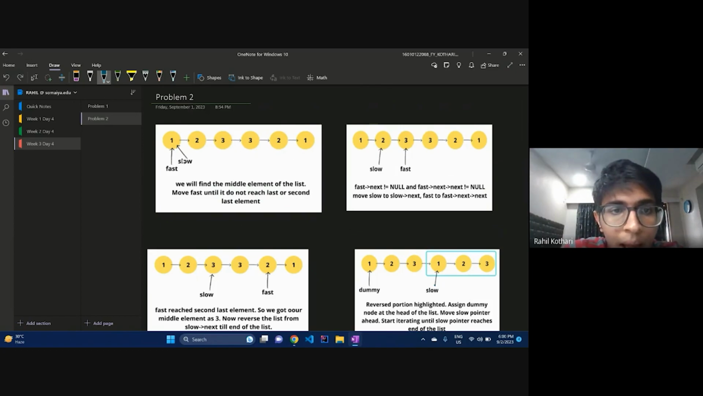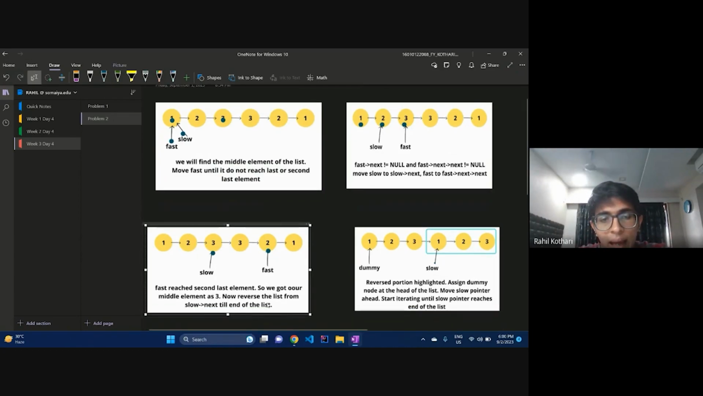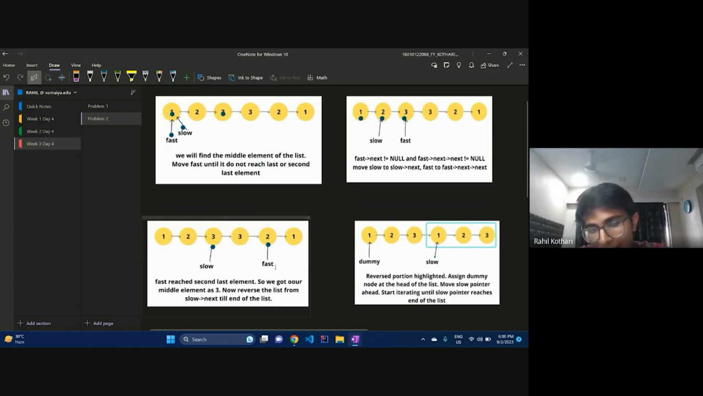For the middle, as I said, fast and slow pointers both point to head. Fast moves by two positions. It was at 1, it went to 3, as you can see over here. And slow went from 1 to 2. Then slow moved on to 3. Fast again moved 2 places, went to 2. And now the while loop condition is false, right? Fast's next is indeed equal to null. So we will break out of the loop